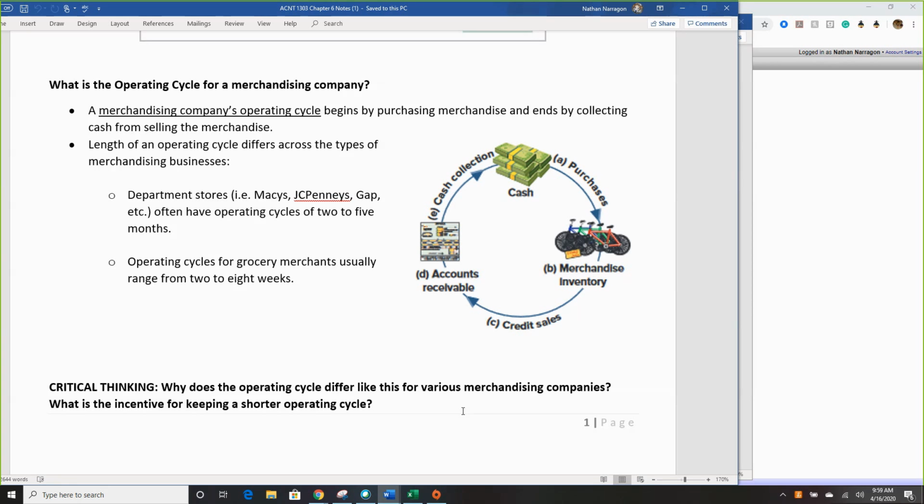Examples were department stores. It could take them 2 to 5 months to complete their cycle. That's mostly because they're dealing with material items. Right now, with what's going on, this cycle is a lot longer, because, one, they can't sell anything since most of them are shut down. But it's usually 2 to 5. Again, that's selling clothing. While grocery stores are ranging from 2